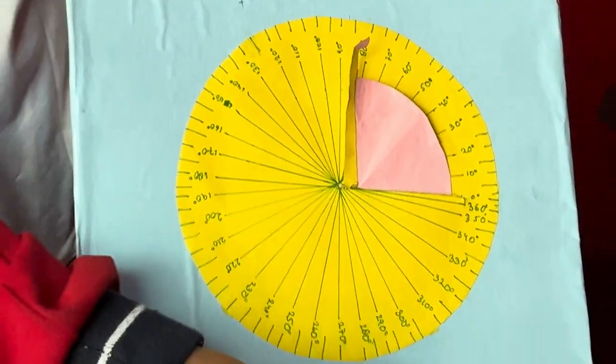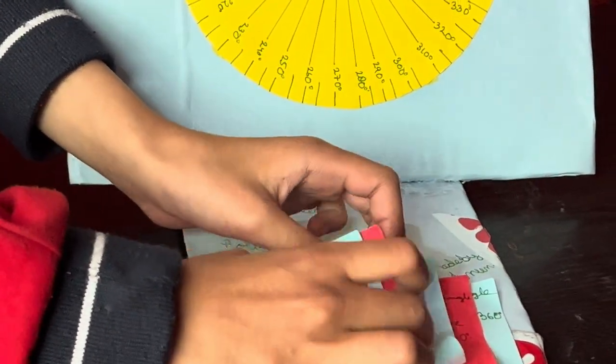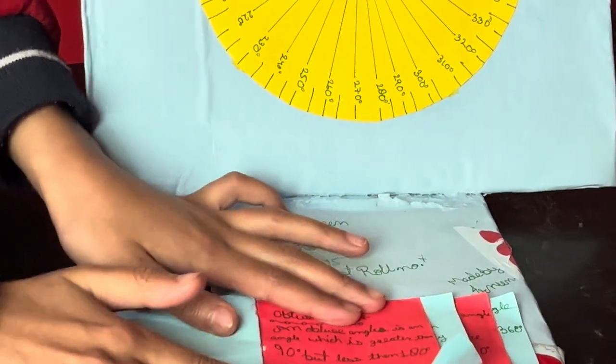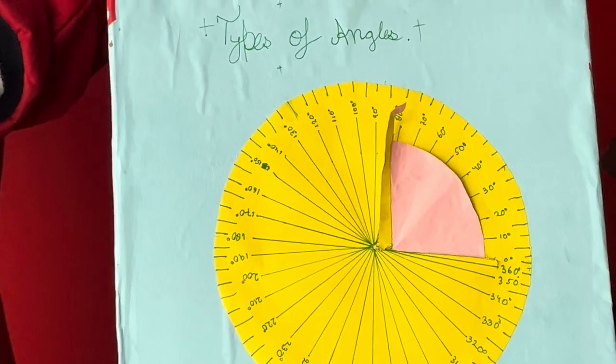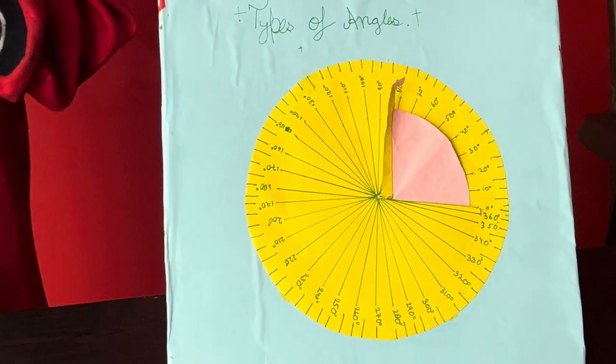Now we will move to another one, which is obtuse angle. An obtuse angle is an angle which is greater than 90 degrees but less than 180 degrees, like